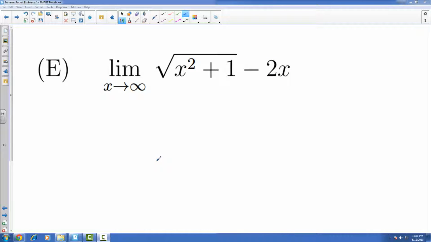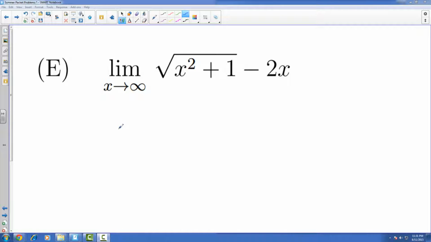Now we're looking at problem 3, capital E from the summer packet. We have the limit as x goes to infinity of the square root of x squared plus 1 minus 2x. Now, unfortunately, if you try direct evaluation, where you start plugging this infinity in, you would end up